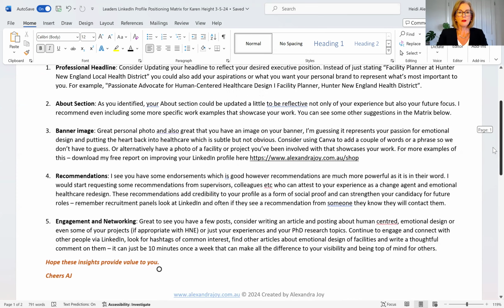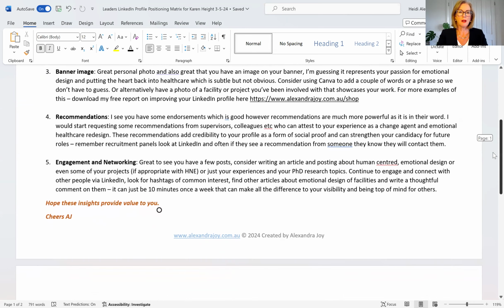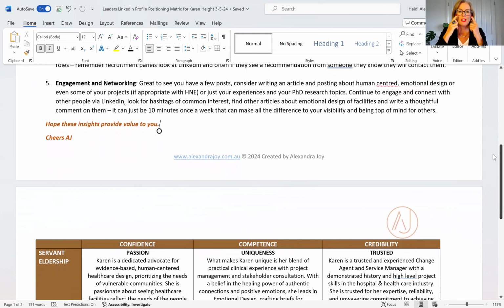I would also, as I said, change that banner perhaps. There are some tools there like Canva that you could do that for, and some ways that you could improve that, because people are super visual. When they do heat maps of people looking at LinkedIn, they first just go to the photo, they read the name, they look across at the banner and then scan down, but they literally scan what we call above the fold. So they only look at your photo in that first section, unless they're super interested in your profile, and then they might scan down. But most people just stay up on that top first page that you see when you land on a LinkedIn profile. So I've got there about getting some recommendations, and then also great to see that you have some posts,